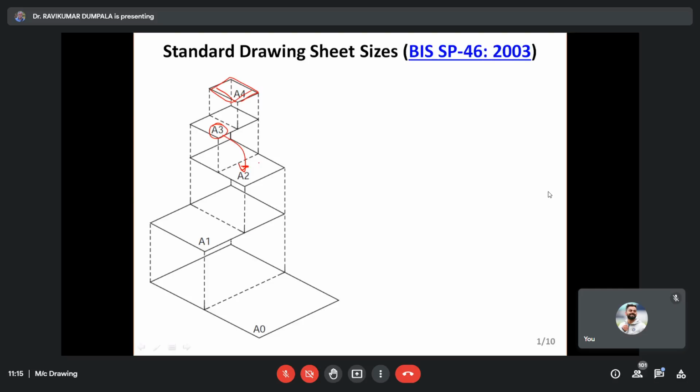Generally they make drawing sheets of these sizes. The standard ratio is such that when they cut the paper to convert to A0, A1, there is no wastage of any paper. The ratio of the length and the width is such that when you fold the sheet, you get the next standard size. Suppose you fold A0 into 2, then you get 2 A1 sheets. A1 folded into 2 gives 2 A2 sheets. A2 sheet folded gives 2 A3 sheets. And if you fold an A3 sheet, you get 2 A4 sheets. This is to avoid the wastage of the sheets.